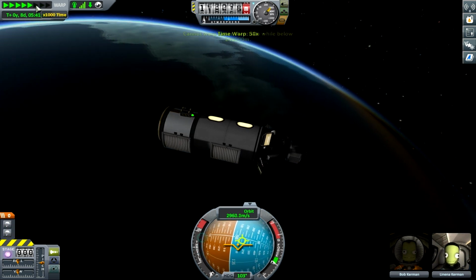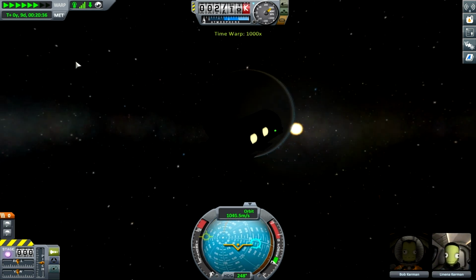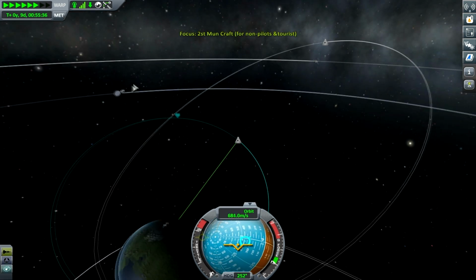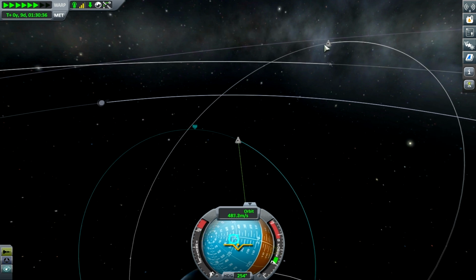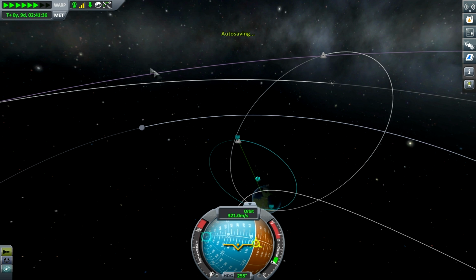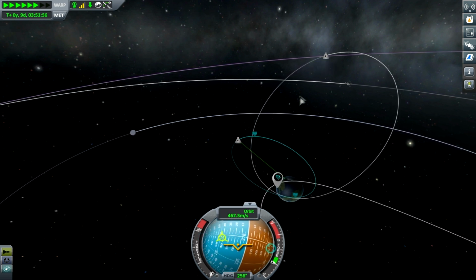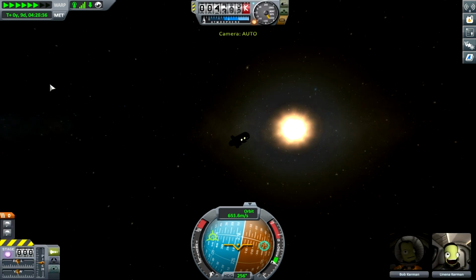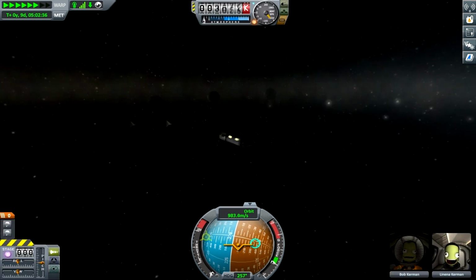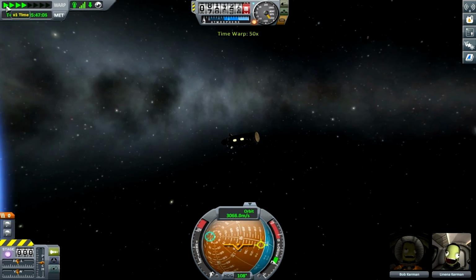Given enough time, we will just land this, right? And we go again, and we go back. We need to keep an eye on this thing coming from over here. Still has a long way to go. It had like 15 days last time I checked, but you know, 15 days pass fast